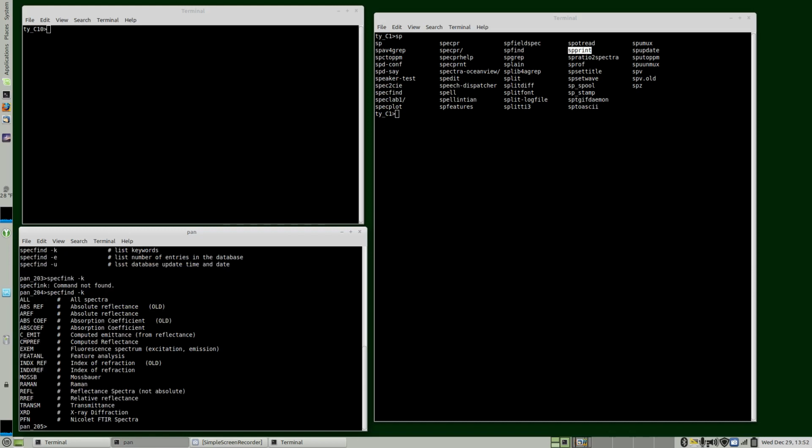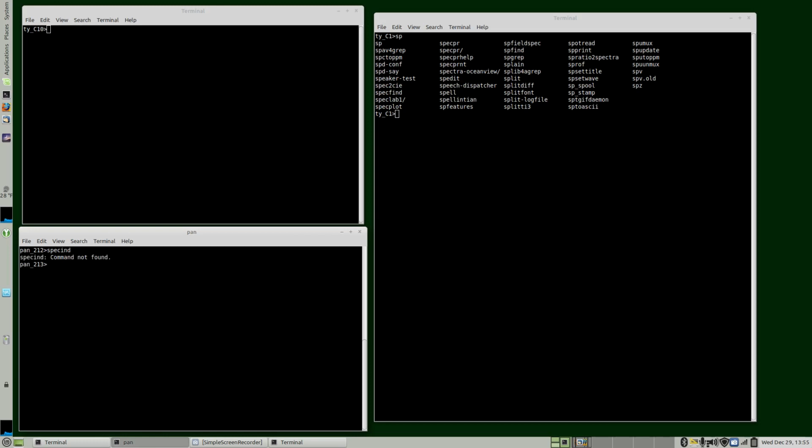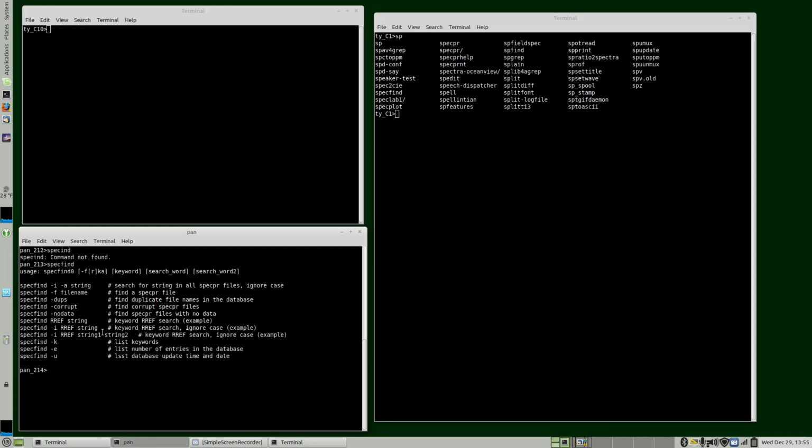There are keywords. So, for example, AREF is absolute reflectance. There was an old way where it's ABS space ref, but that took up a lot of space, so we made a change. Okay, if we look at the options for Spec Find, we can do Spec Find